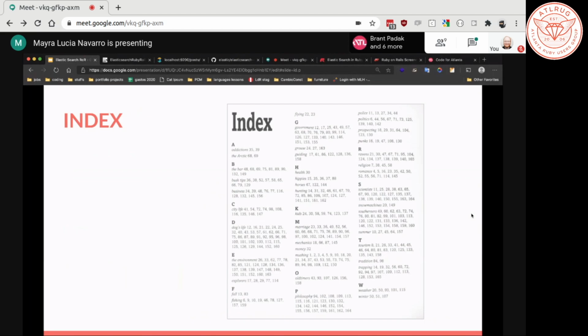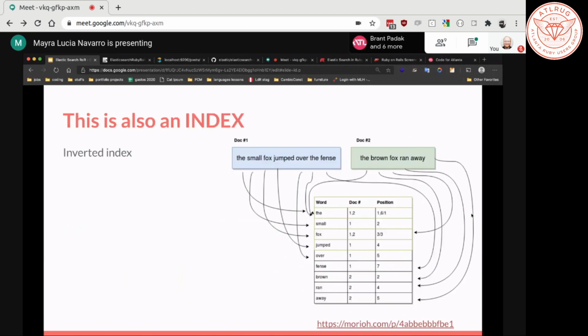Maybe I am wrong. So this is also an index, but that is how Elasticsearch works. This is called an inverted index. That is something where you use a word and then you can see the documents where they are and actually the position where they are.